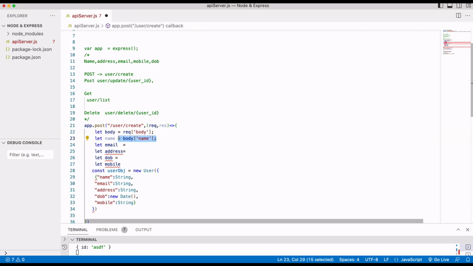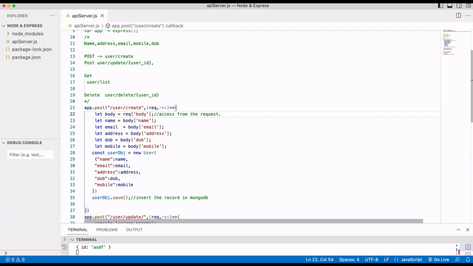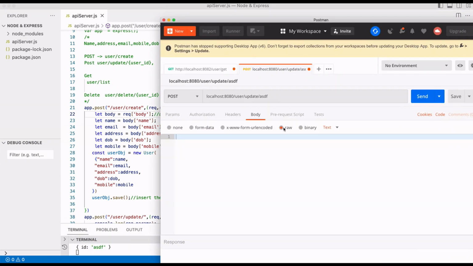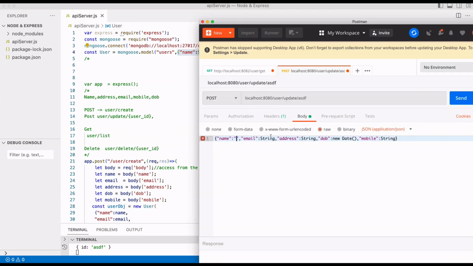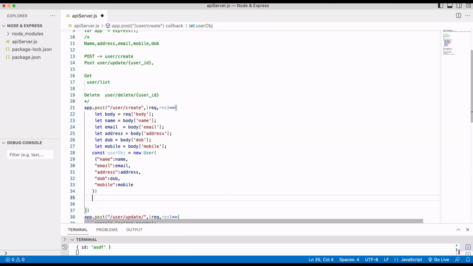So fine. So here I will write the user object dot save. This will save the record, or you can say insert the record in the MongoDB. That's it. So now the next one: this request body, this comes from, we can say, access from the